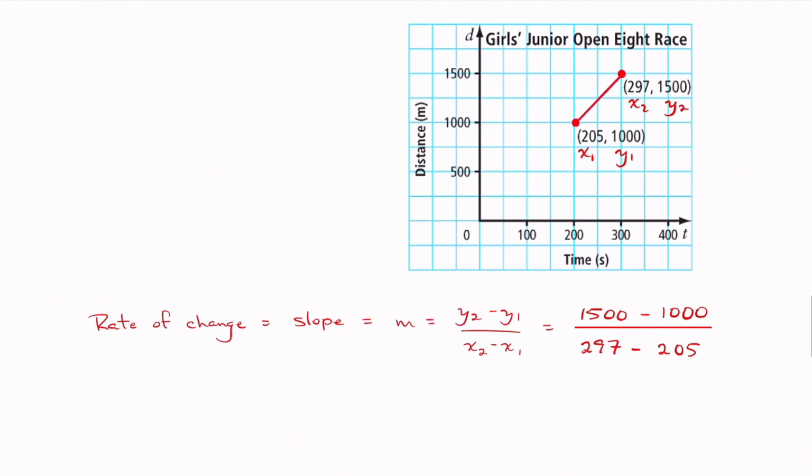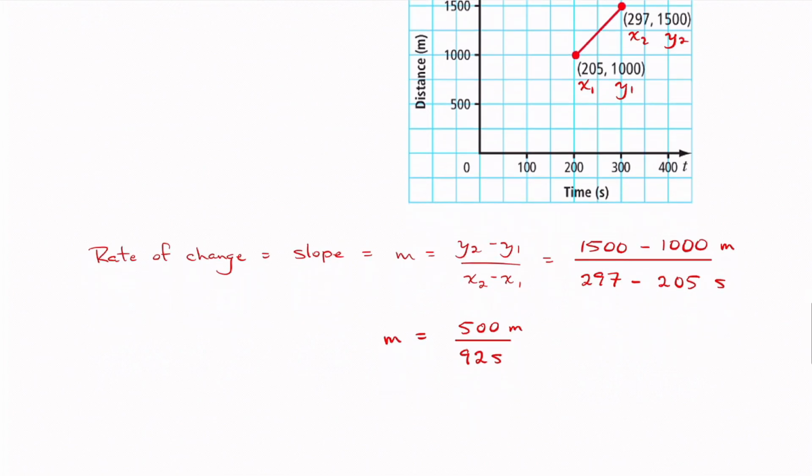And then once we have that, we can just start to simplify this. So if we subtract in the numerator there, 1500 subtract 1000, you're going to get 500. In the denominator, 297 subtract 205 is 92. And I'm just going to add something onto this. These units up here, these were meters. And these ones down in the denominator, those were seconds. So what we have right now is a meter being divided by a second. And when we do that division,